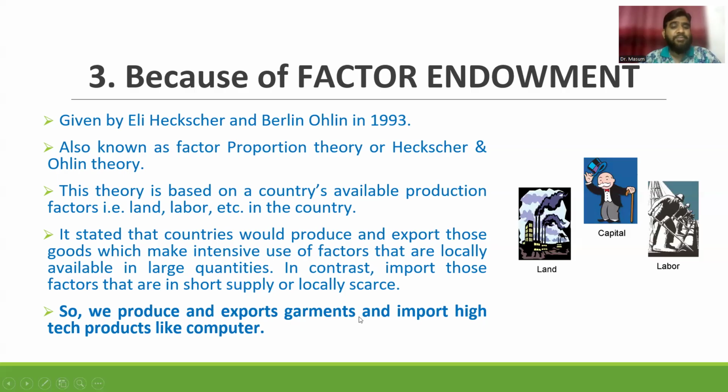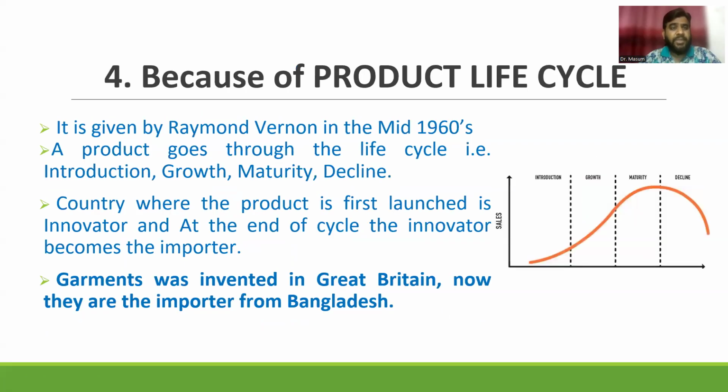So for these industries, the factors of production are favorable in the United States. That's why the United States is producing arms and weapons. They're producing computers. They're producing high-tech products. Korea is also producing high-tech products. So the factor endowment is still in favor of the garments business. So there is no doubt that we are very expert in producing garments.